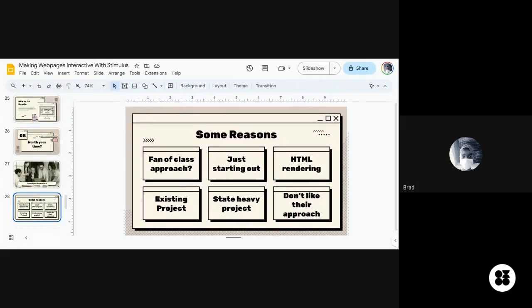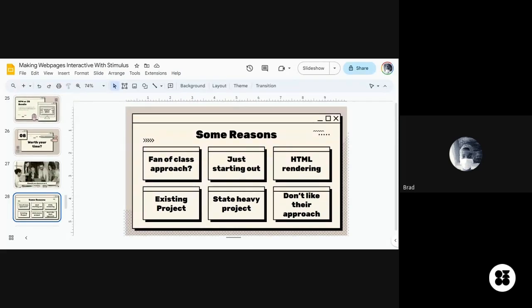Another thing is if you're just starting out. You're already learning your HTML, CSS, and JavaScript, you want to get your hands dirty, and you want to belong with those building single page applications. Stimulus is a very, very nice way to go. You're starting out and you can play around. You don't have to learn a lot of things just to build a single page application. You can just build it with Stimulus, on top of existing HTML code.